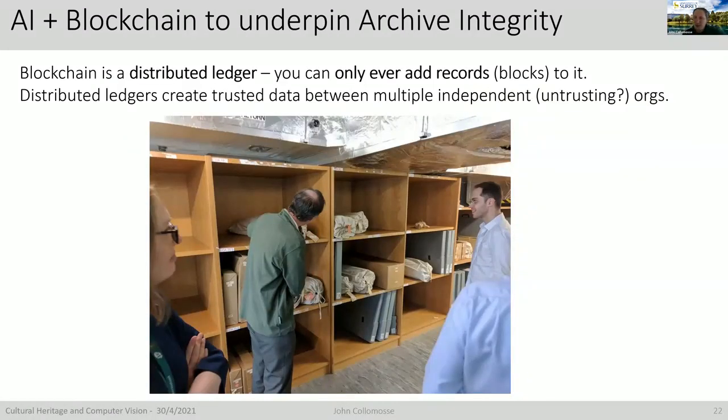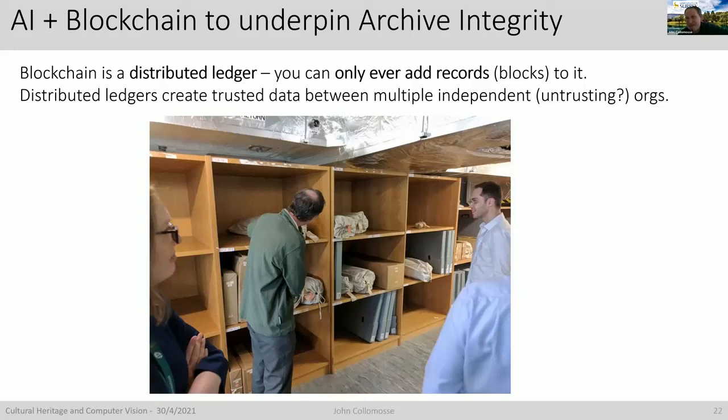The last technology I want to touch on in this brief snapshot is a project called Archangel, which combined AI technologies with blockchain, another emerging technology. I don't have much time today to define in any real detail what blockchain is. Many of you are probably aware of blockchain technologies from the media interest around cryptocurrencies and most recently NFTs.